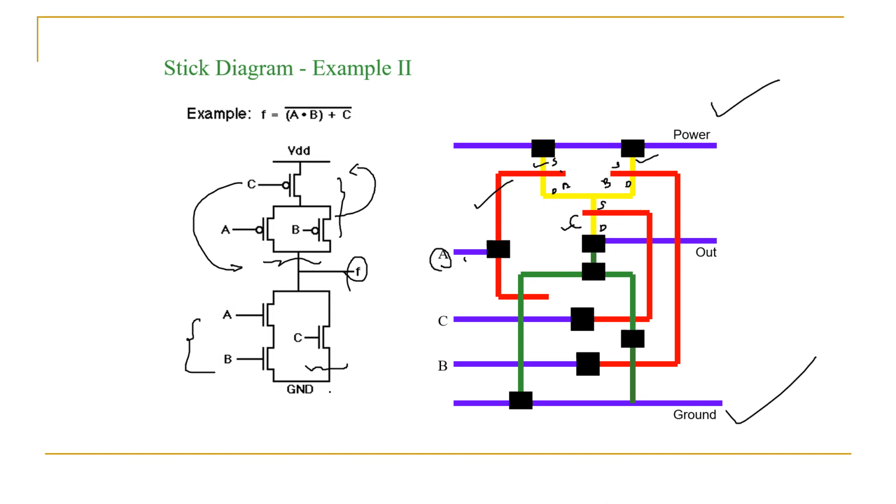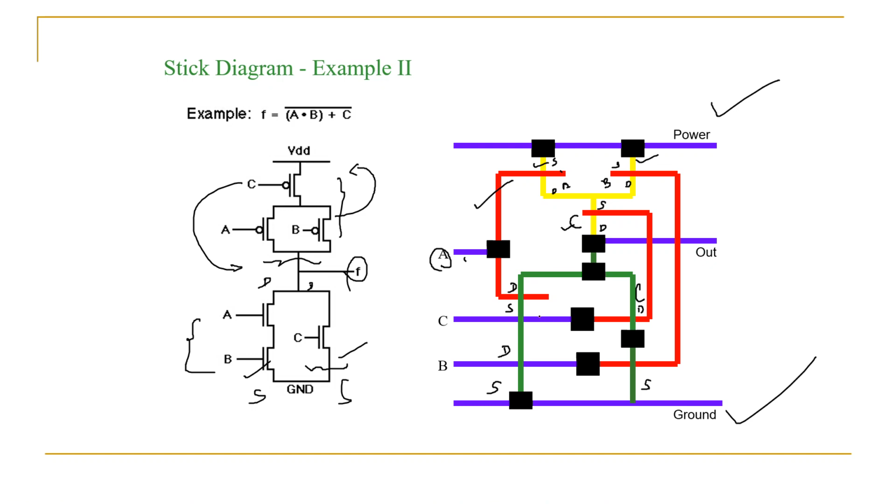If you see here, this is on your N MOSFET side. See here, the B and C sources are connected to ground. That is why this source side is connected to ground. This side can be the drain, and this side can be the source side of the A gate, and this side can be a drain. These two are interlinked. So this is for the C gate of your N MOSFET. Here the source is connected to ground and the C gate drain is connected to the drain of your A gate, and these two are interlinked. This is the drain side, and the drain sides of the C gate are interlinked, and the output is taken.